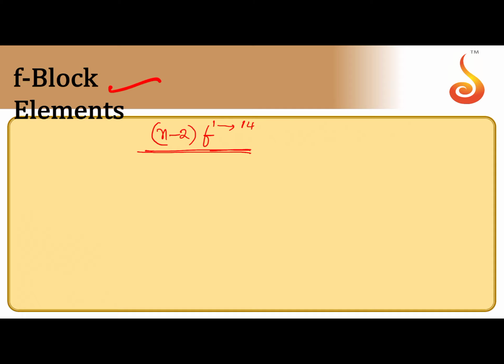These are also called inner transition elements, since these are present between two transition elements. In the periodic table, these are arranged between two transition elements. That is why these are also called inner transition elements. Almost all F block elements are inner transition elements. F block elements are placed below the periodic table. These are all belonging to third group. F block elements are in two series, lanthanoids and actinoids.